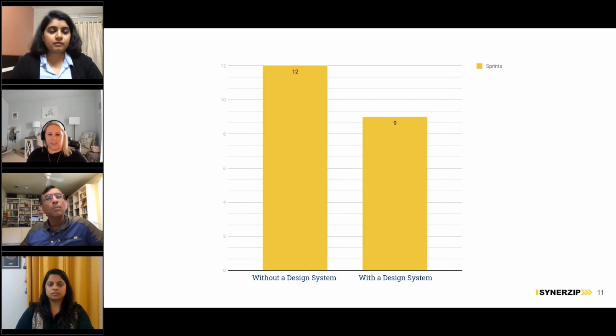So I would say it might have even happened faster for us than what we're showing on the graph, just because this application was brand new, starting, we were building, and we were able to use the library that was already there. So we've been able to meet those expedited timelines to deliver UI. And now that we've got an established system, I'd say this has really expedited what we can put out. Great, thank you. This is a good hard evidence of a 25% or so improvement in efficiency,